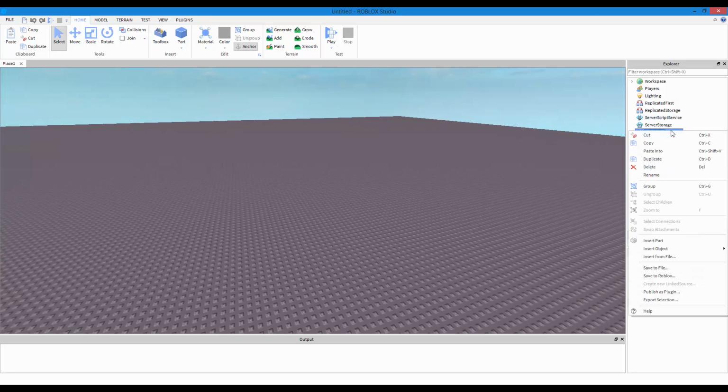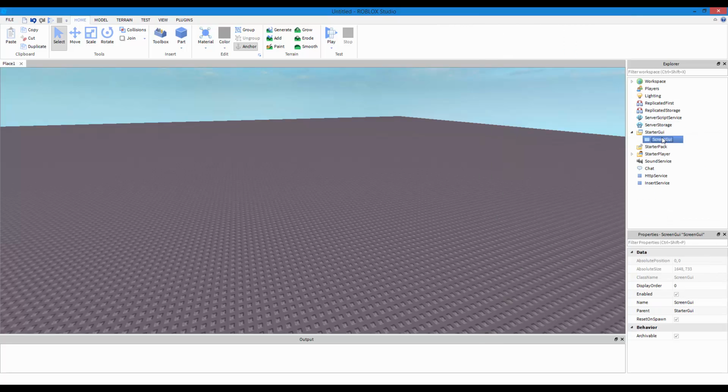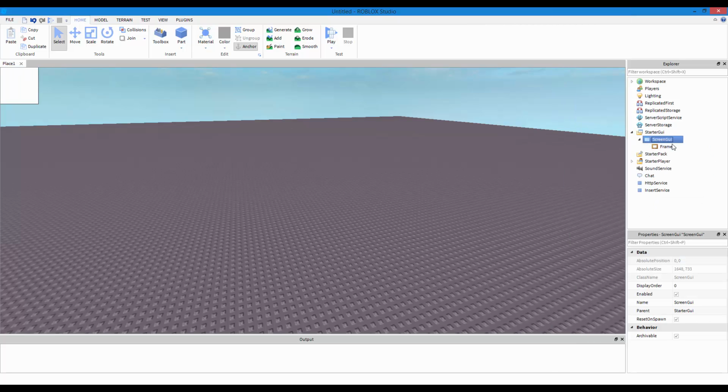But anyways, let's right click, insert object, look for ScreenGui. Alright, let's insert a frame. So what I'm gonna do is remake the backpack pretty much. I'm not gonna remake it, it's not gonna be full of detail, okay? It's just because that's really all I can think of, a backpack, because you know how they have all those separate little buttons. That's all I have in my mind right now.